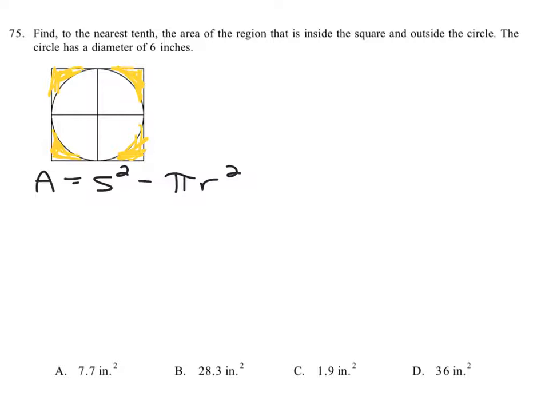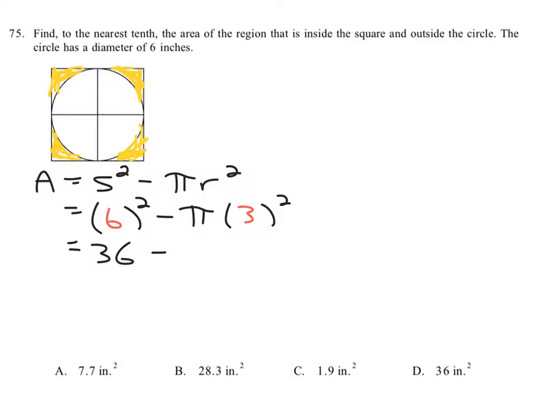Now, what they're telling us is that the circle has a diameter all the way across of 6 inches, and that is the same as the side length, right? Going from there to there is the length of that side, and since it's a square, it's the same in each direction. So we've got 6 squared minus pi times the radius. If the entire diameter is 6, then the radius is 3. So what we've got then is 36